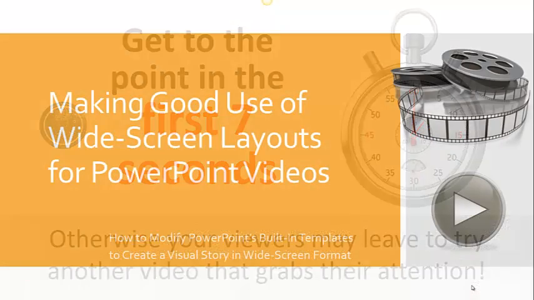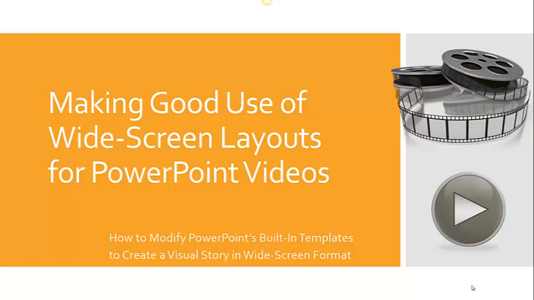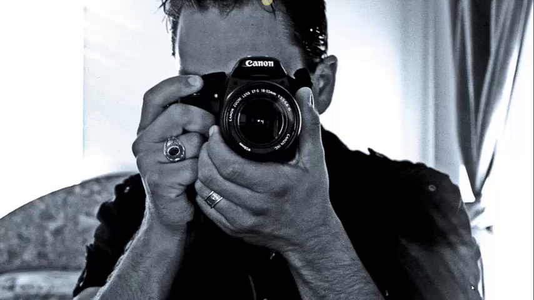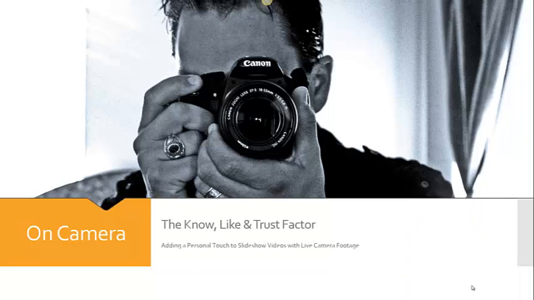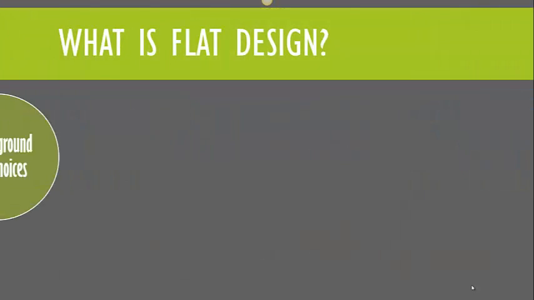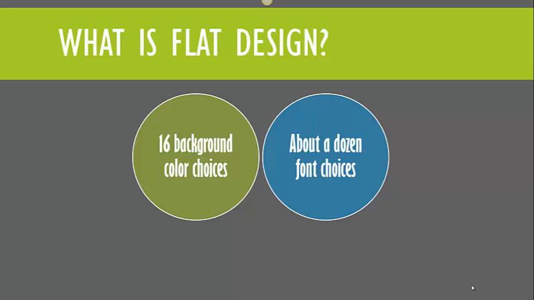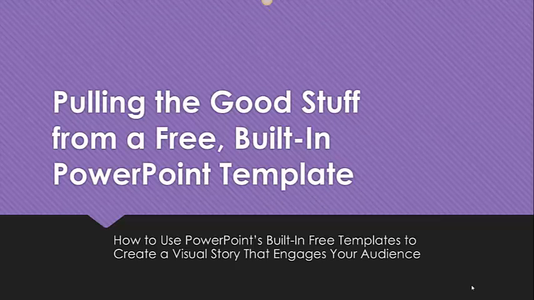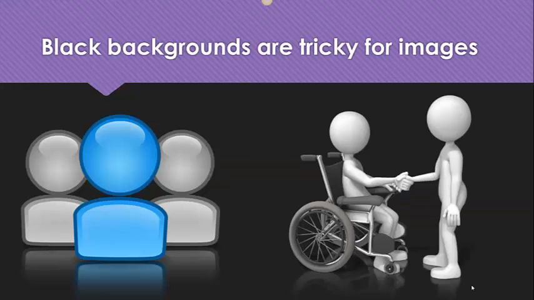This next one with the gold background is also a free template built into PowerPoint, and here I've included an example of a slide with a photo filling up the entire slide with no text on screen. This can be a very eye-catching effect. This one with the gray background is also a standard PowerPoint template. On the second slide, I modified the colors for the circle to fit within my color scheme. This simple layout with the light purple background is another built-in PowerPoint template, followed by a demonstration of some problems with